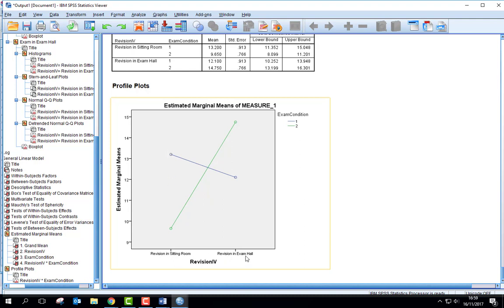If you revised in the exam hall and you did your exam in the sitting room, there isn't too much of a difference. But what we see is a huge difference in where you revised when you're doing your exam in exam hall conditions. So if you revised in a sitting room and then did the exam in the exam hall, you scored very poorly. If you revised in the exam hall